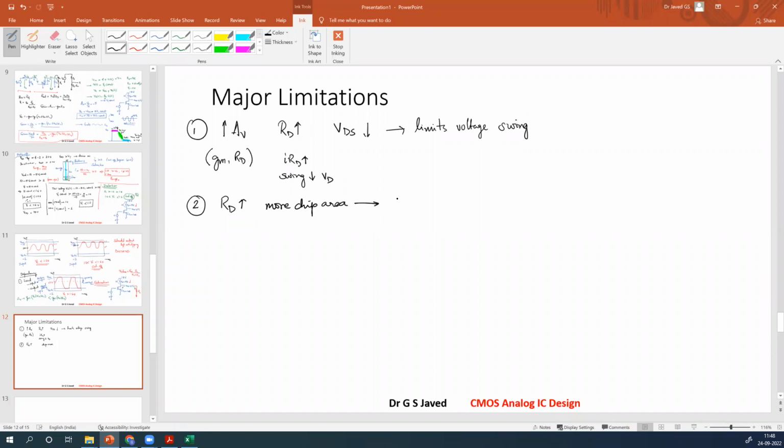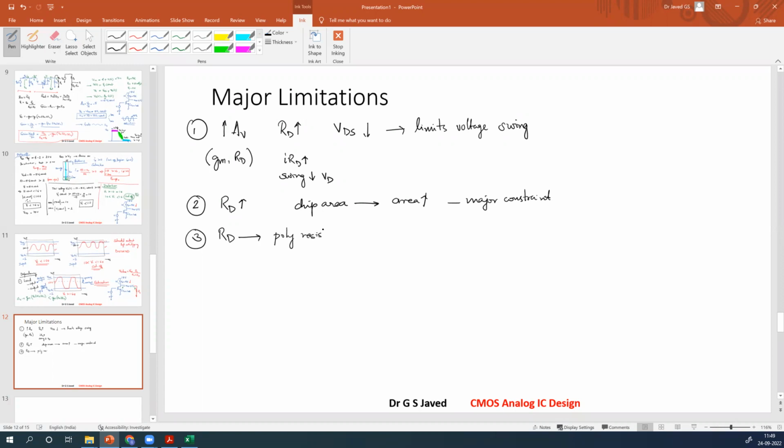As area goes up, it is a major constraint, because the aim is to pack more transistors in the given area. If your resistor is taking up more area, the transistor count will come down. This is one. Second, last one, as you try to increase RD,